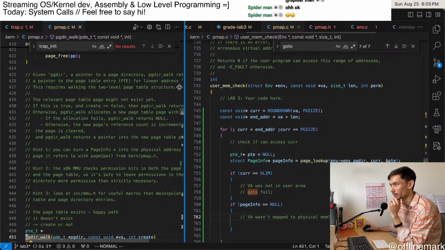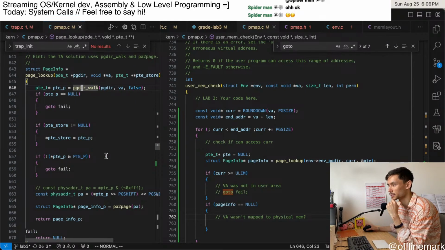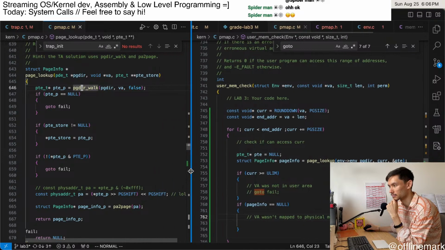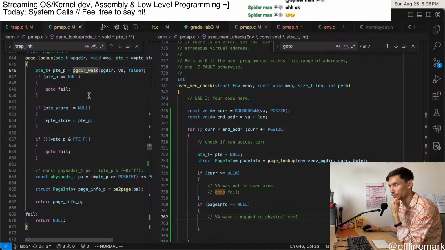It's basically what I want. I don't actually know if I need the extra information returned by page lookup. If this thing, yeah. So if it wasn't present, returns null. Okay. If it was a null pointer, it returns null. If it actually had something but it wasn't present,